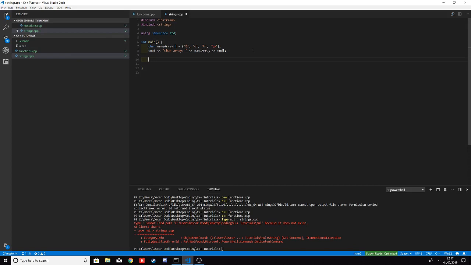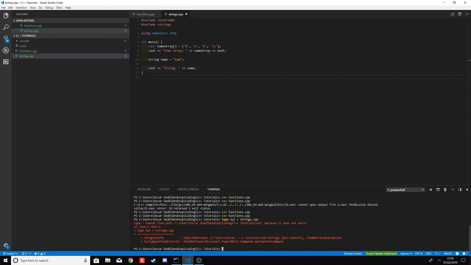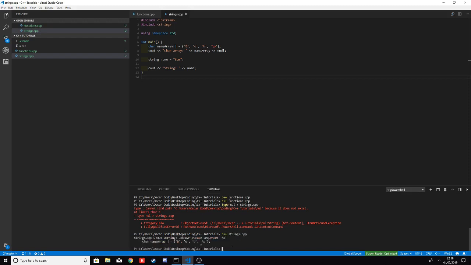You might be thinking this is a lot of hassle just to write a name. So for now, just do hashtag include string, with string in angle brackets, on this line if you want to use strings, and then just do string name equals Sam, and then we can do cout string, and then we can go Sam. Sorry, my bad. Name. I feel like we should go into more detail on this topic because I believe it's fairly fundamental in knowing